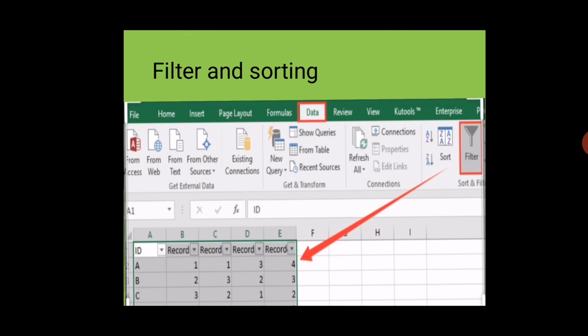Next option is filter and sorting. What is the use of the filter and sorting? Nowadays you can easily see, whenever you're using online shopping, there are filter and sorting options. So you can easily choose some kind of filter and sort option. If you want a particular range of the item, or a particular size, then you can choose the filter options.